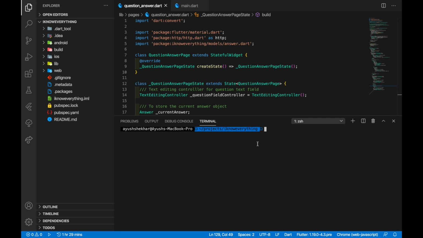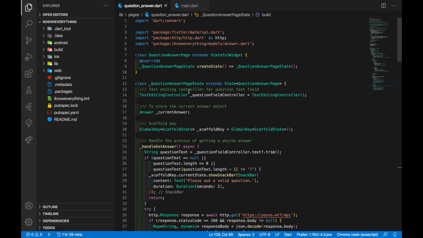That's the simplest way. Anyways, so what we can do is, if you had created a Git repository at the beginning, and if you have a Git repository for this project or any project, then a lot of these services that allow you to deploy your web applications can directly fetch the assets of your deployment from your Git repository. So as soon as you do git push, they will deploy your application. But since we didn't do that in this tutorial, what we'll do is, now that we have built our project,